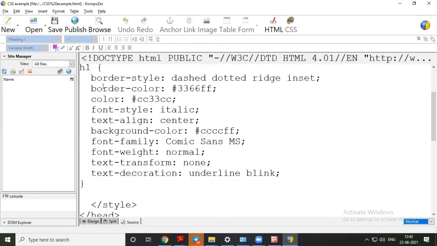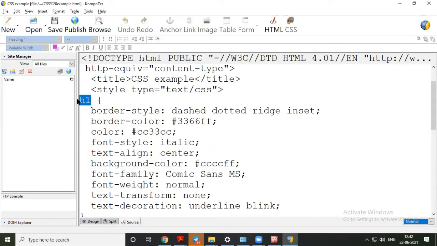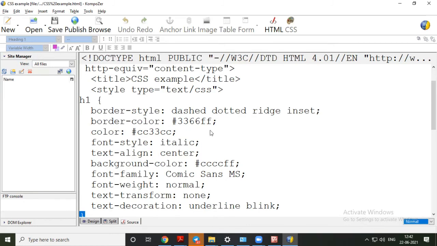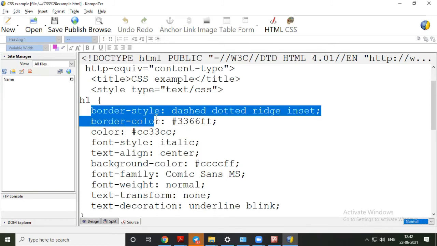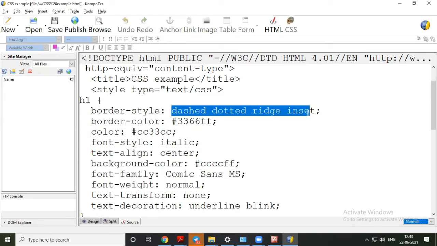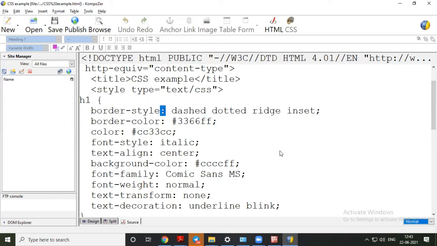Now this is called the selector, the tag that we have selected to apply style to our web page. In this selector, between the curly brackets open and close, we are defining style. So border style has this value, then border color has this value, and between these two the symbol is a colon sign.